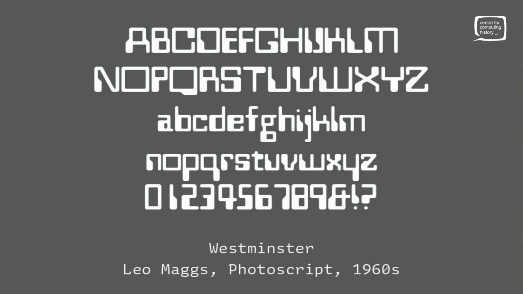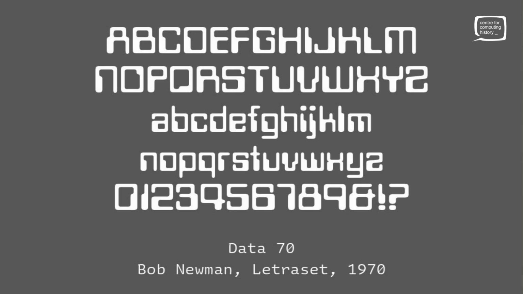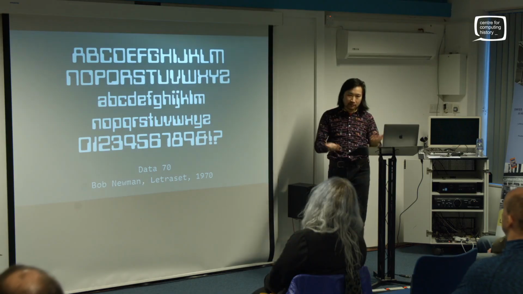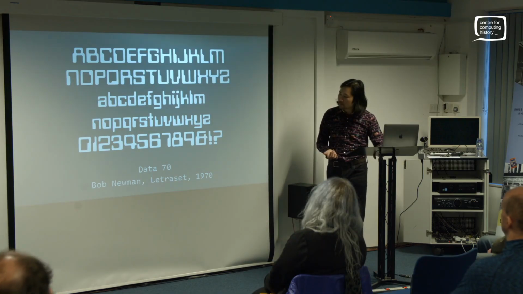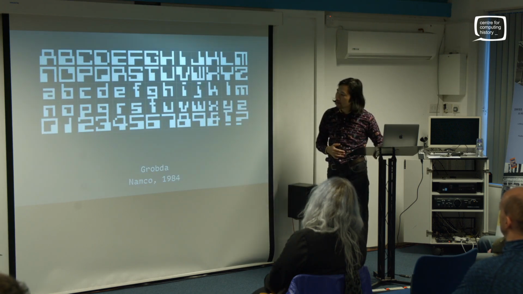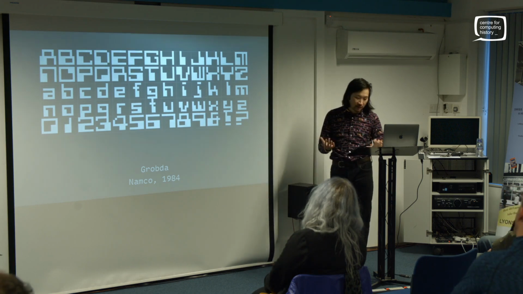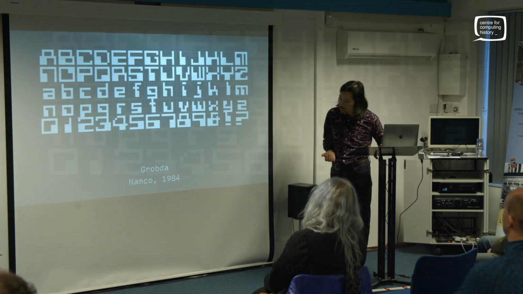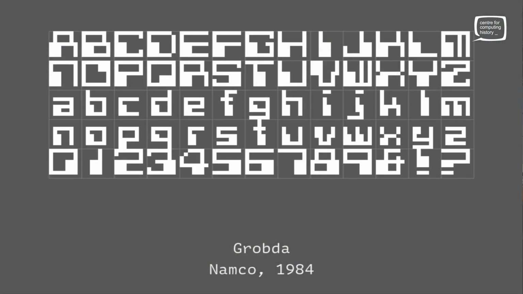So this is the first one called Westminster. But I think a more famous example is this Data 70 from Letraset. This typeface looked really futuristic and became super popular in films and, of course, video games. So Data 70 is a really small group of typefaces, but in arcade games, it's a category all of its own. So this is one example from Grobda. Grobda, Xevious, the famous one,